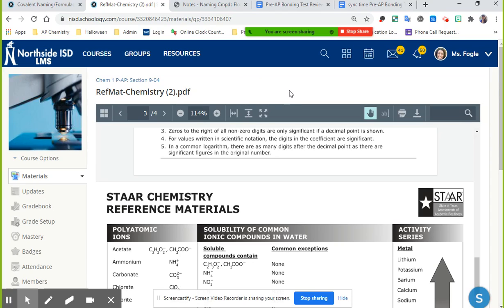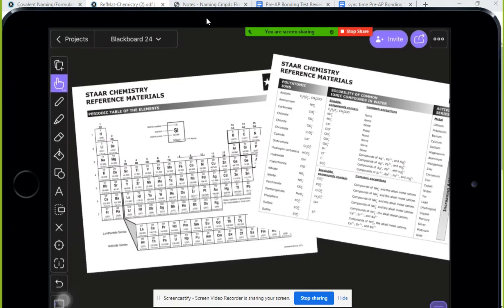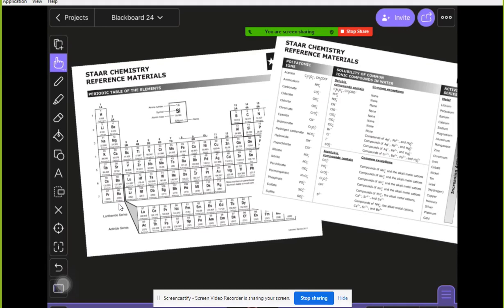All right, so that's what I'm referring to when I'm looking at my iPad. Let me make this big. There we go. Cool. I'll switch back and forth to this screen every once in